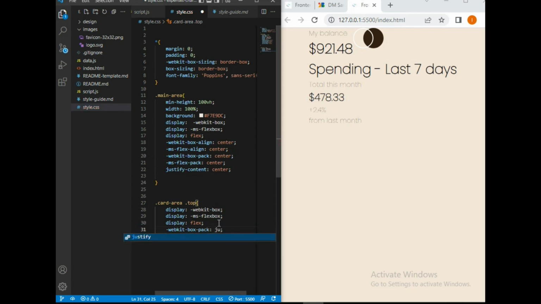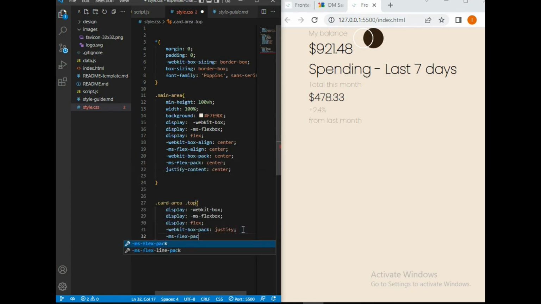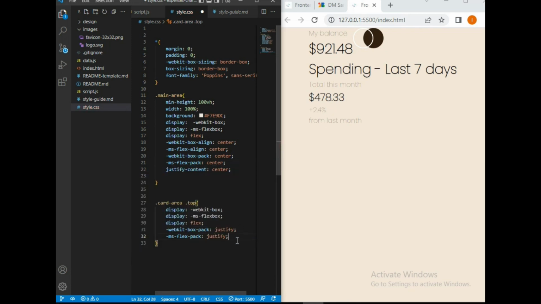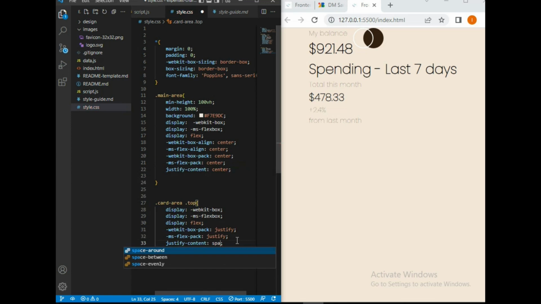justify. Again, justify. Now we're going to use the standard justify content space between. As you can see, it pushed the standard one. Then